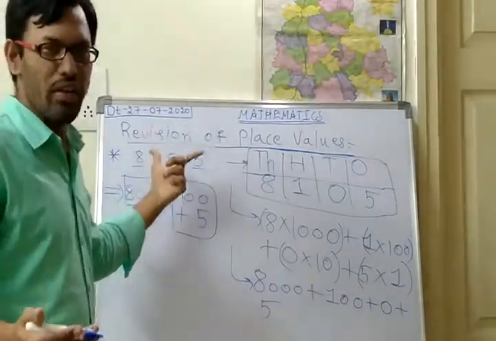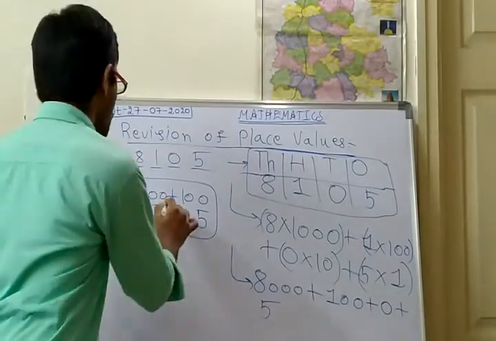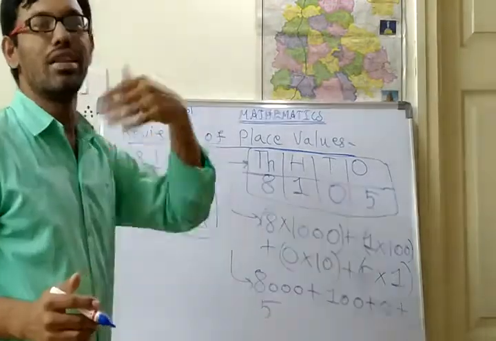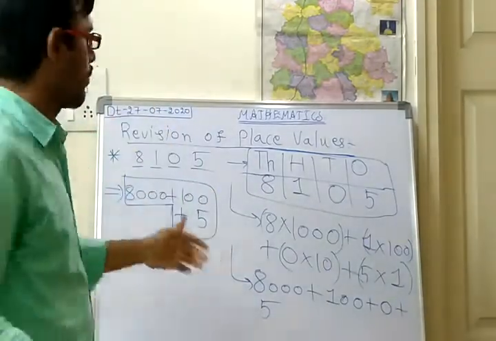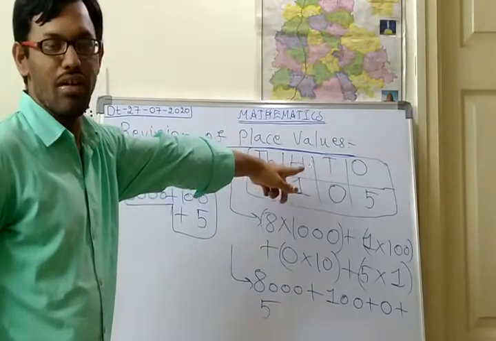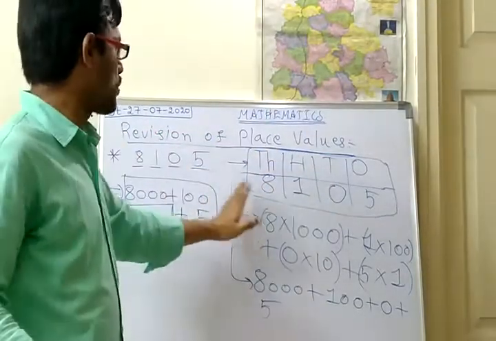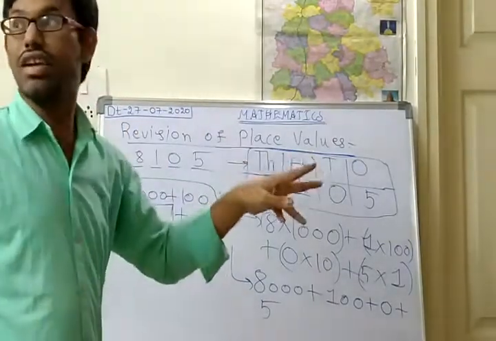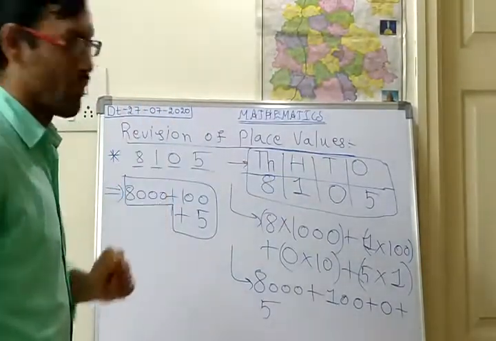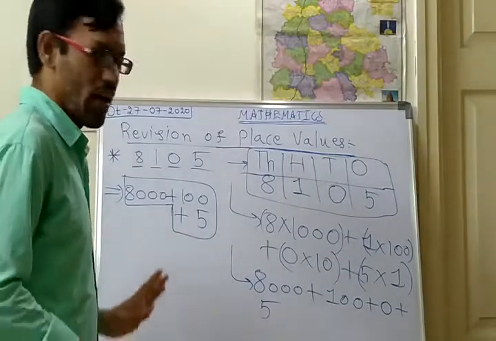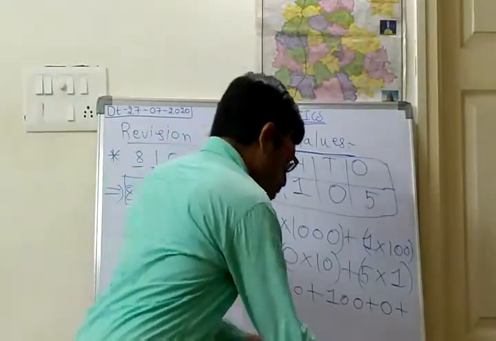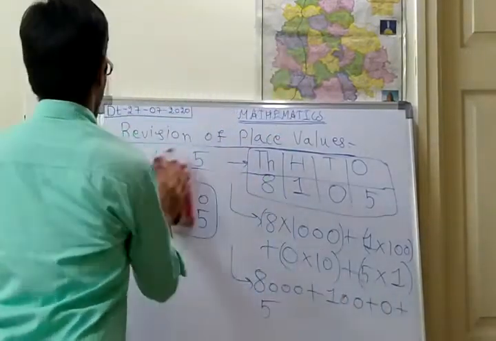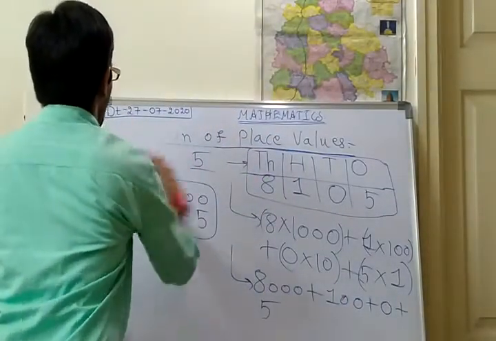Okay. So like that you should be able to solve the expansions of a 2-digit number, 3-digit number and 4-digit number with the help of places. I hope you have understood this concept, expansion of 2-digit, 3-digit and 4-digit numbers. So like this you have to identify and do. Now we shall see some more expansions which are given in the textbook.